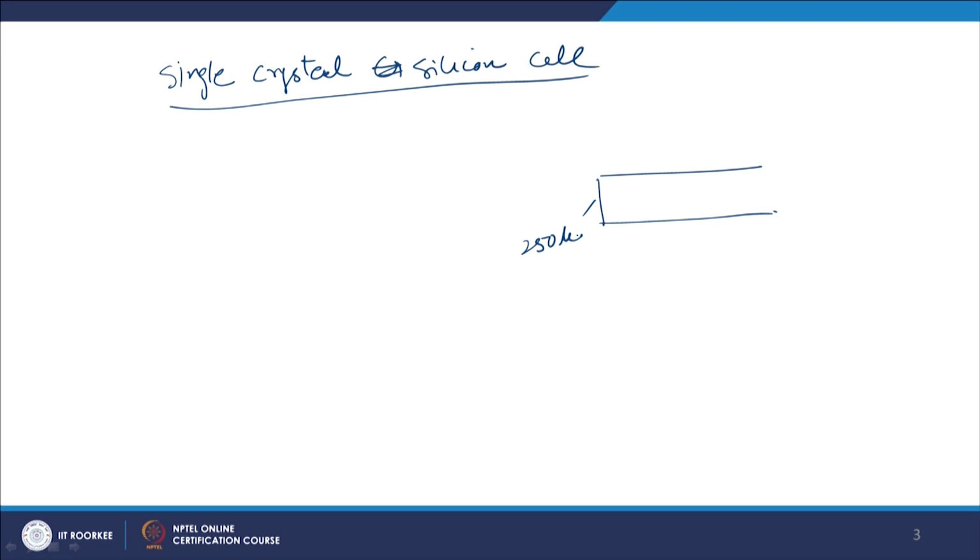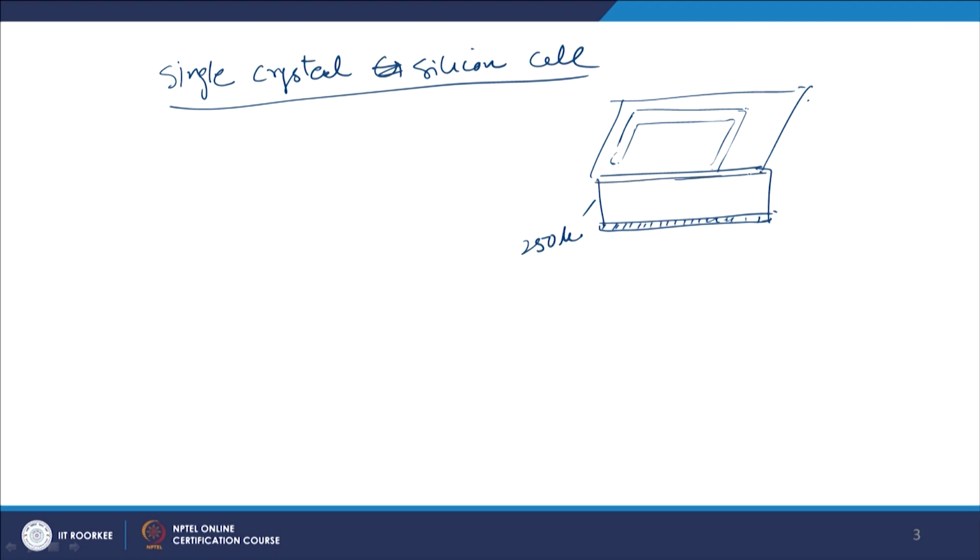On the bottom side, because the top side is facing the sun, there is a metallic cover. On the top side, there is a forked cover, because if we completely cover the top side, then where would the sun rays fall? So the top side cover is a fork type of cover, just to hold the wafer on the surface. It has a junction, a P junction and an N junction. So the junction is formed here.